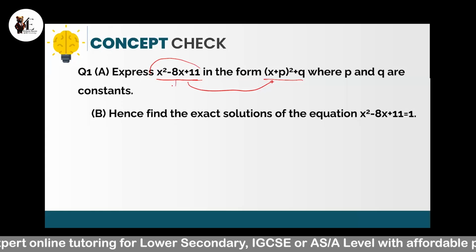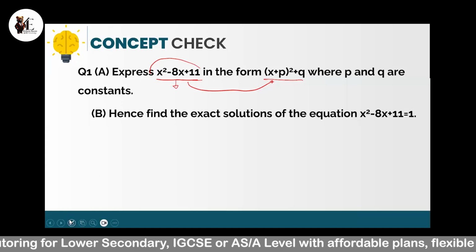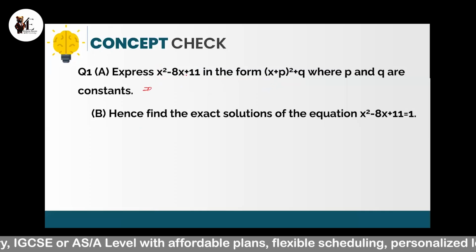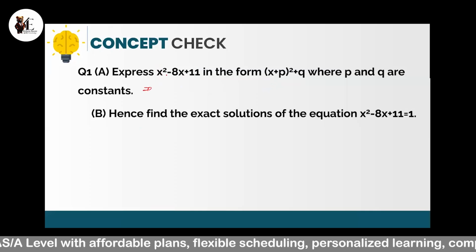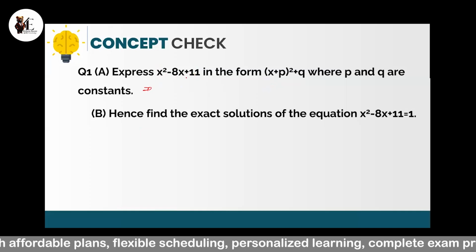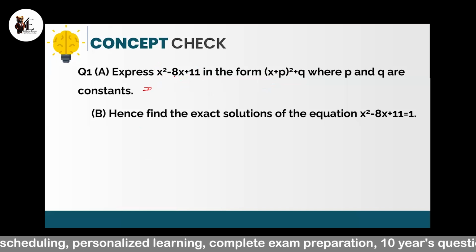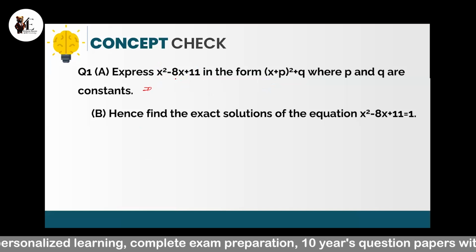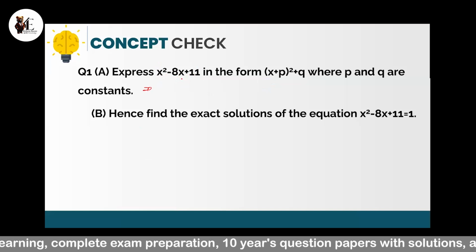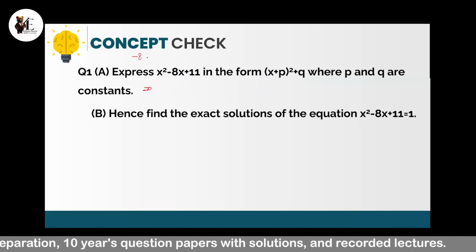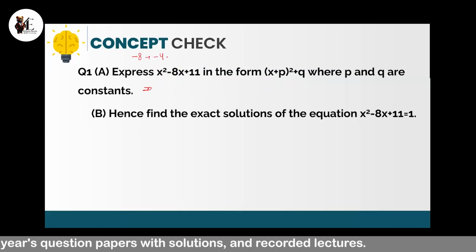You have to solve like x square minus 8x plus 11. So the constant term will remain as it is. Now you have to start from the second step directly because there is no equality sign, so we cannot shift the constant term. The second step was that firstly find the coefficient of x, that is minus 8. Half of it will be negative 4, and the square of this will be 16. So you have to add,